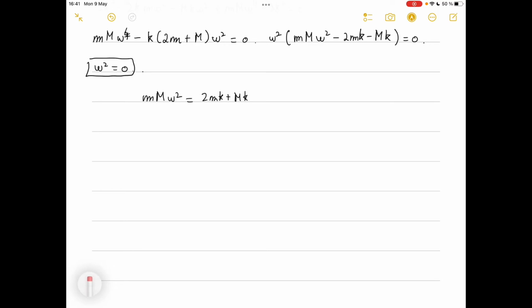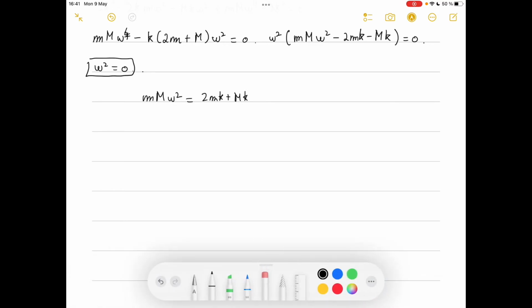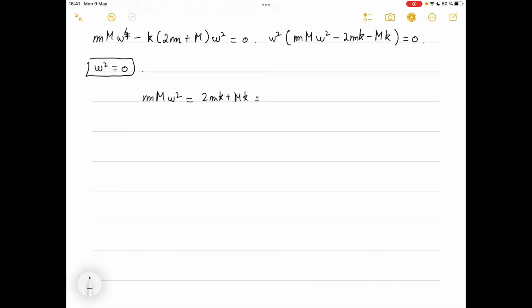And that just gives us that omega is the square root of (2mk plus mk) over the appropriate mass product. So we found the 3 eigenfrequencies, the 3 frequencies of the normal modes, and now we can proceed to finding the actual normal modes,